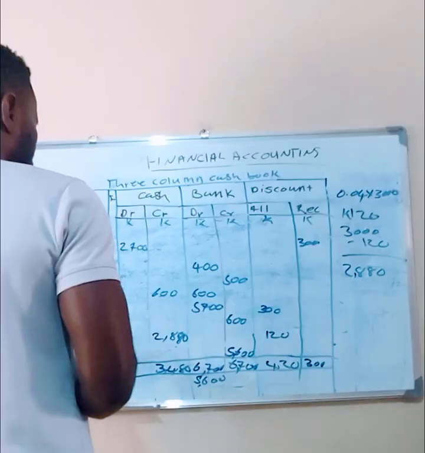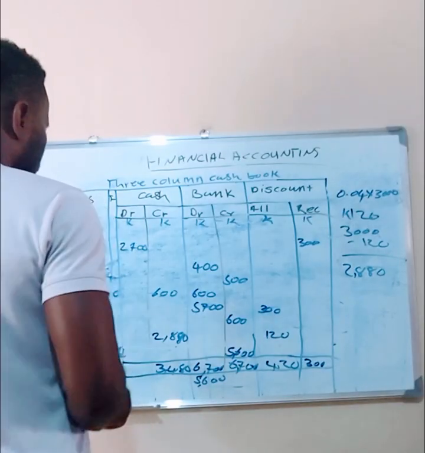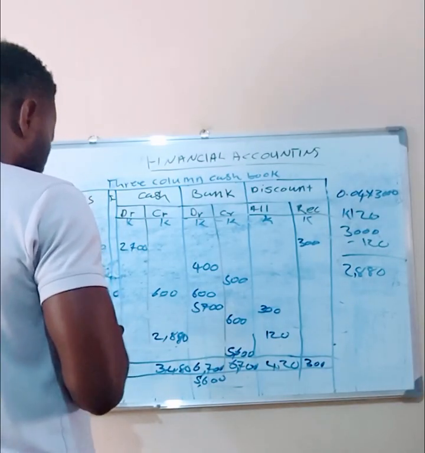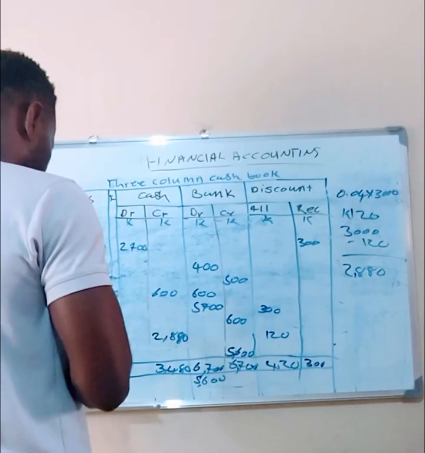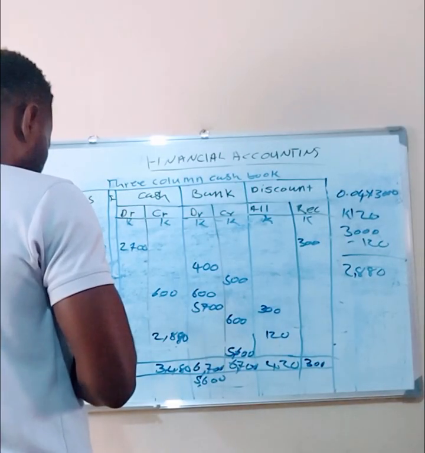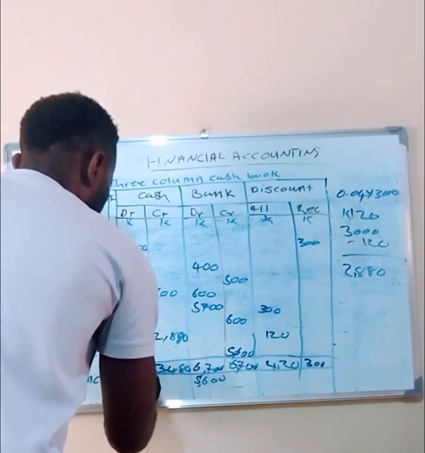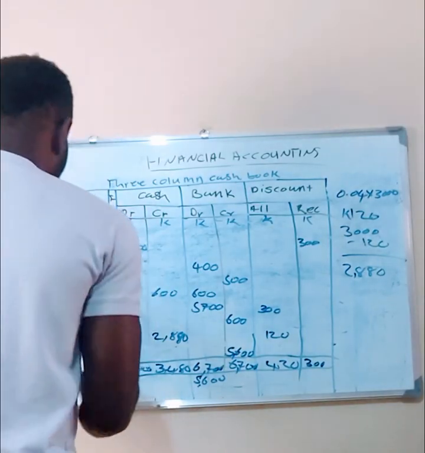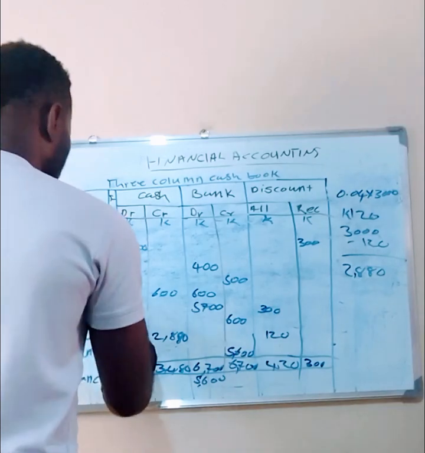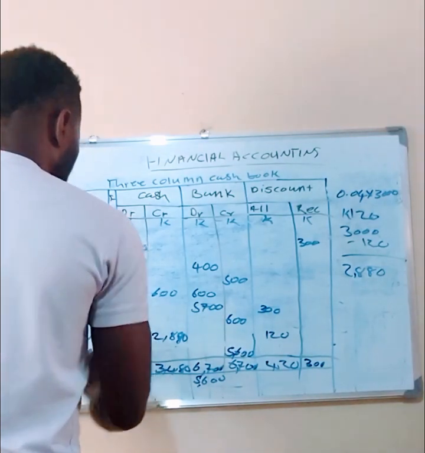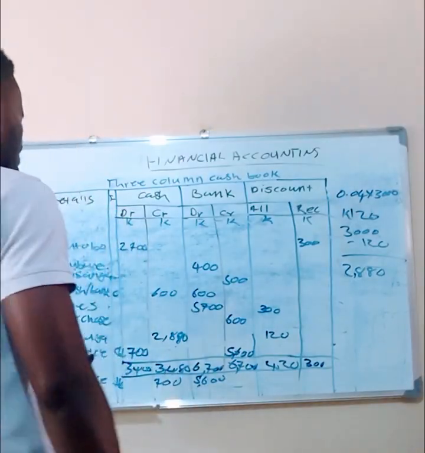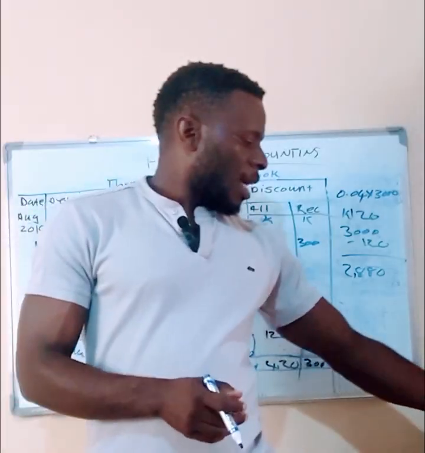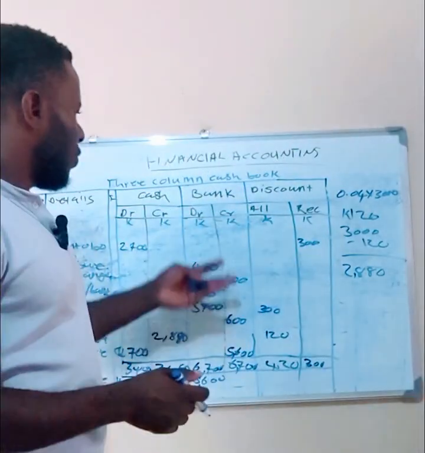Don't forget to be putting payments. Then we will have 2,700. 2,700 is going to be subtracted from this amount, 3,400. So we have a difference of 700, so we are going to put it here with our balance carried down, and we're going to also put it here with our balance carried down. So this is how you saw